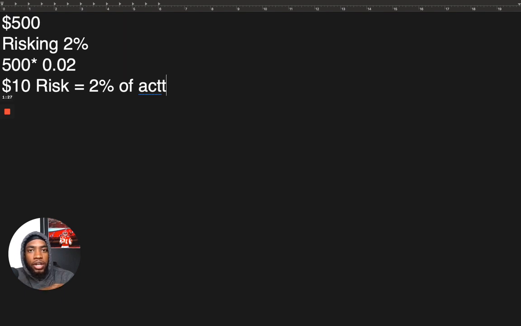now we have to calculate our position size of this dollar amount. So how we do that mainly depends on how many pips we are risking on this trade. So let's just take, for example, if you're risking 30 pips on the trade, right? You calculated your stop loss, your take profits, and your stop loss is going to be about 30 pips. So you're just going to take this $10, divide that by your 30 pips, right, and get something like